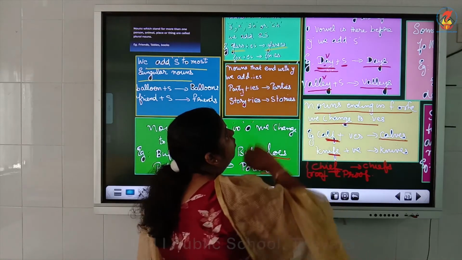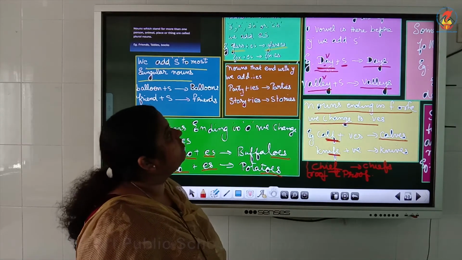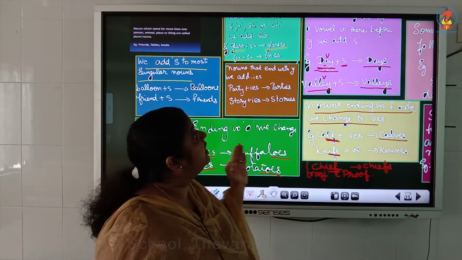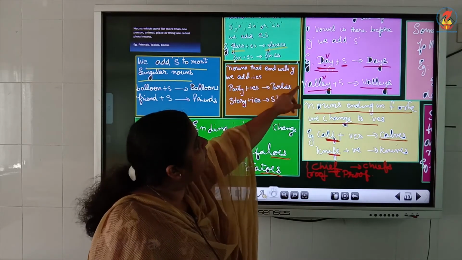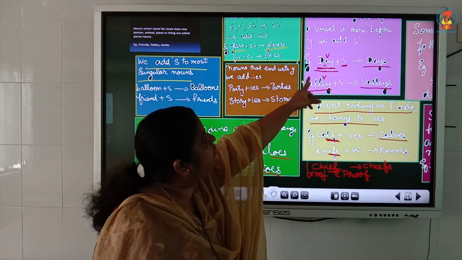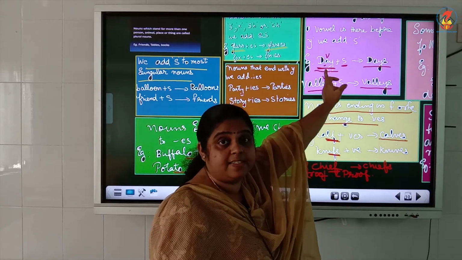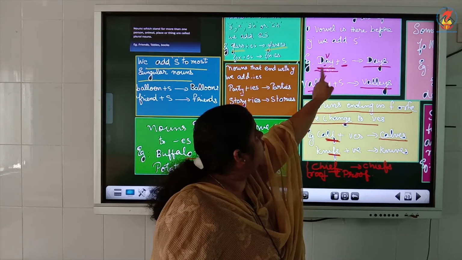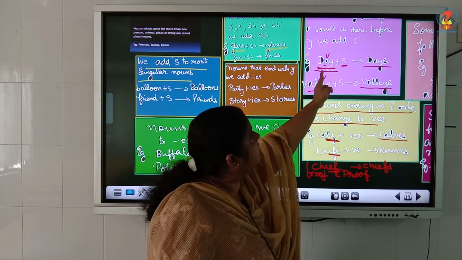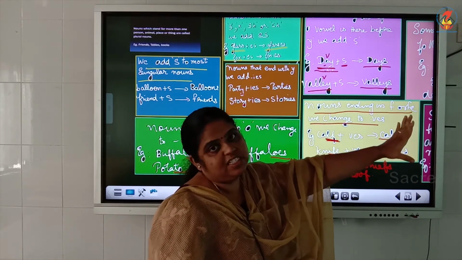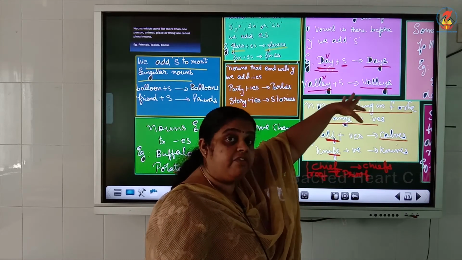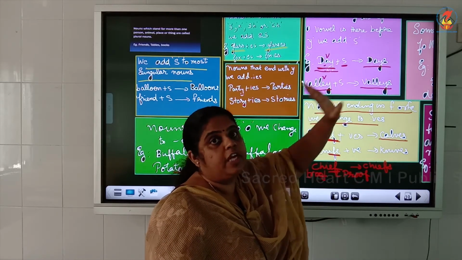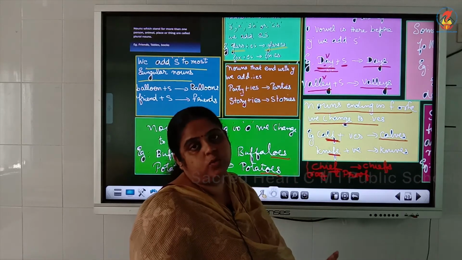Then, if a noun is ending with Y and before that we have a vowel, that is day. Before Y we have a vowel. A is a vowel. So in that case we don't write I-E-S, D-A-Y-S. We just add S to that. Valley, V-A-L-L-E-Y. E is a vowel, so we just add S to it.